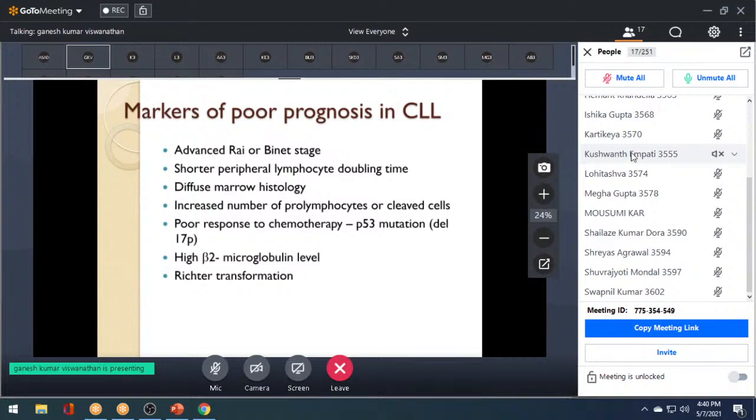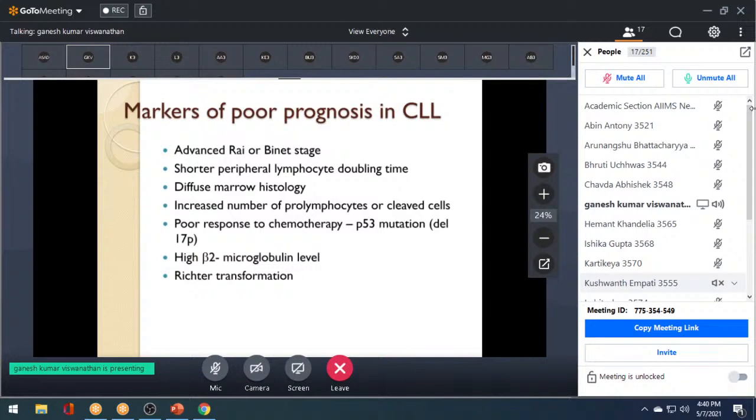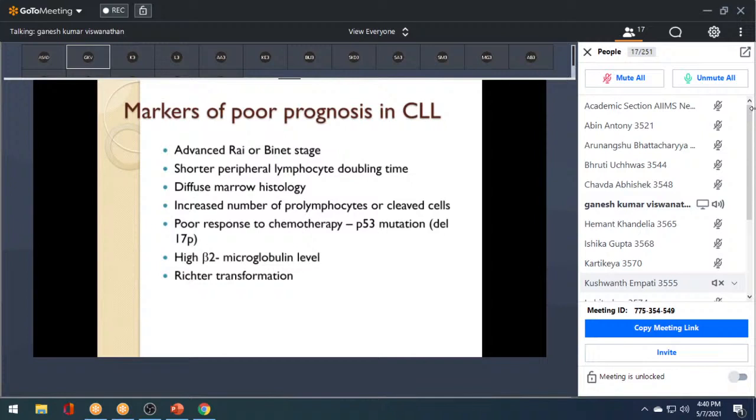So what is this Richter transformation? This is conversion of CLL, which is a small cell lymphoma or indolent lymphoma, into a very aggressive lymphoma, like diffuse large B cell lymphoma. So when it becomes an aggressive lymphoma, it's very difficult to treat, and then the prognosis is poor if